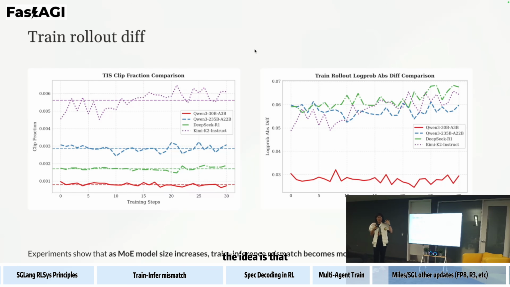The idea is that if you are training your model with BF16 compared with FP8, maybe BF16 training is slower but gives you better precision. But if you are trying to project your BF16 checkpoints from the training back to the FP8 rollout, you have to do calibration. This is a common problem when you are doing this kind of low precision.